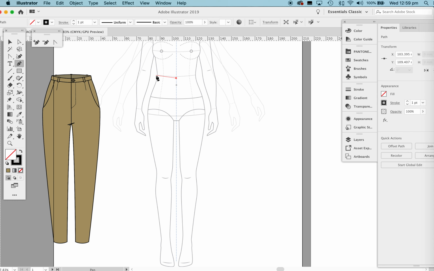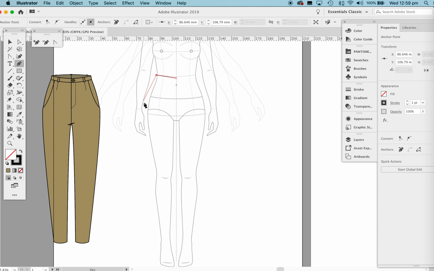I'm going to place that guide just outside of the waist, on the outside of the template, and I will just click and anchor in there. I'm going to bring my guide down to about the hip line, outside of the template. I'm going to make sure that it's outside of the hip there. I'm just going to click an anchor point, and come down to just above the ankle, click, and right here, notice